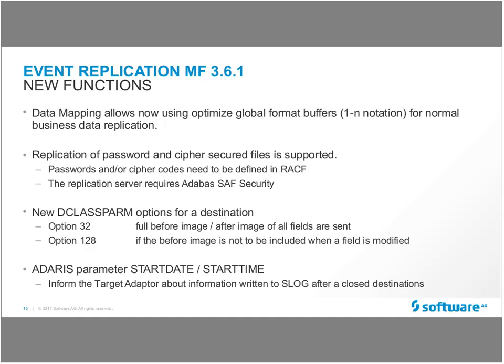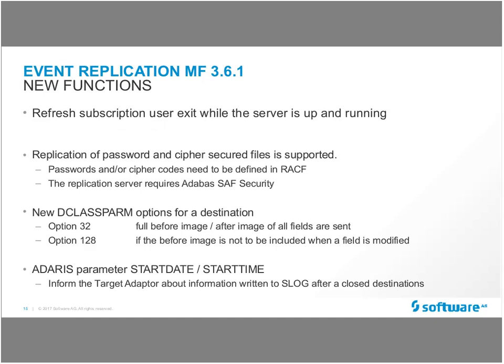Let's assume you do an update to a record before the initial state starts, and then you delete. And when the initial state successfully ended and it runs the data stored in the S-log, then you may do an update, but previous to that happened a delete, so you will get an error. With this information, we internally know what to do, so we change the course. Instead of an update, we do first an insert, and then the data is in. And since we do not know when the destination gets closed, we ask you for providing us date and time.